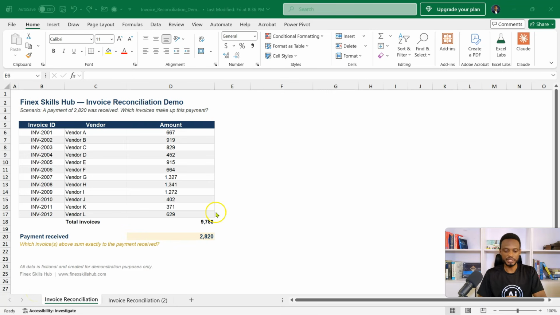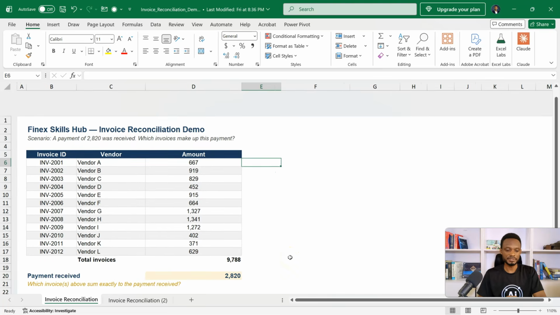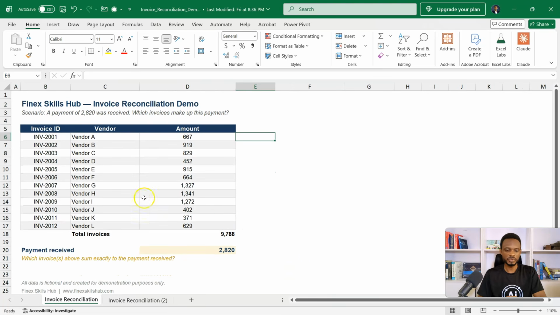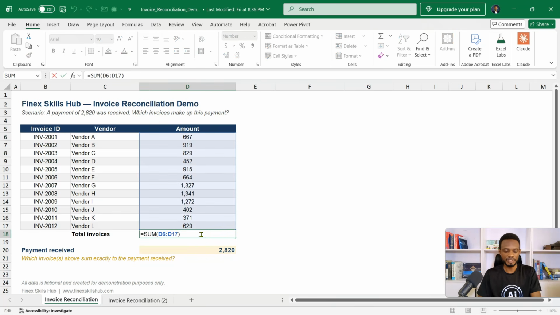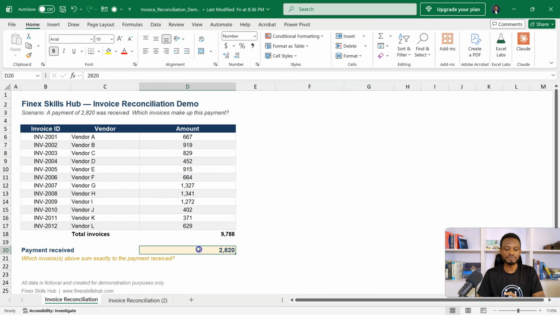Right, so let's begin with our case study. So what we have here is sample data, invoices from vendors. So currently these invoices sum up to 9788, right? But we want to find which combination of these invoices would give us 2820. Okay, so this is our target value. In the end, we want to highlight those invoices and we will now be able to sum them up to 2820. To do that, we will first do it with Solver and then we'll proceed to do this with Claude